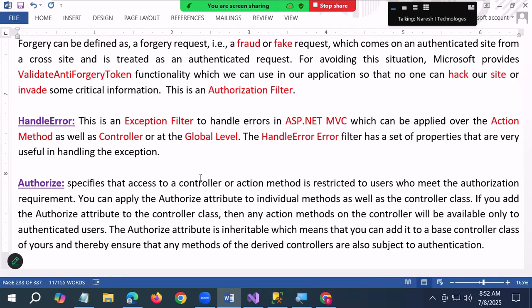Let me explain you. A filter can be applied in 3 levels. What are the 3 levels? First one, you can apply a filter at action method level, controller level, as well as application level. For example,